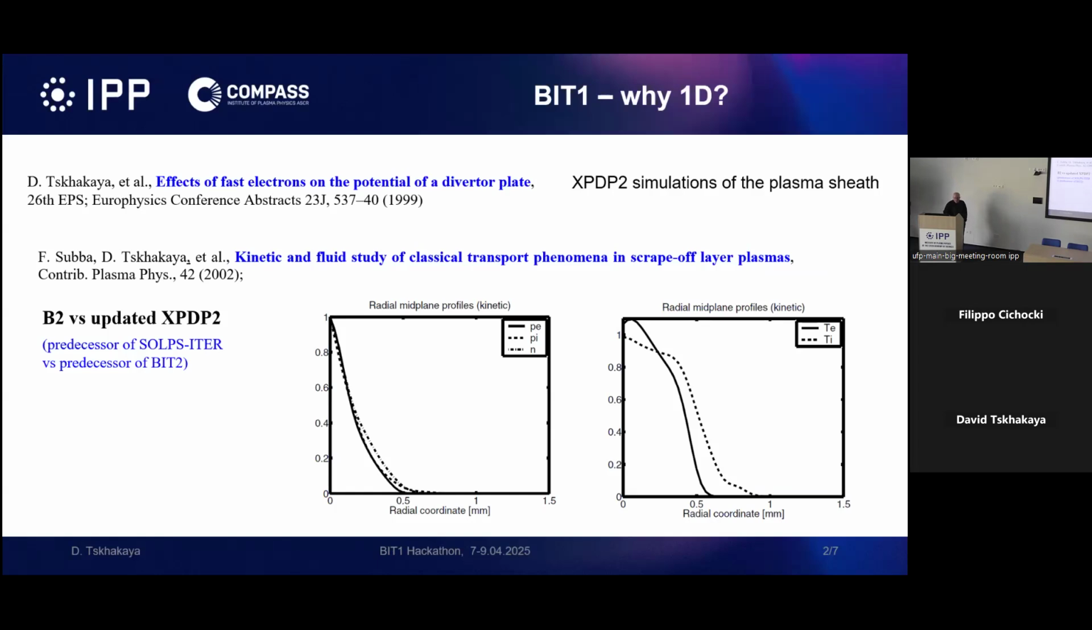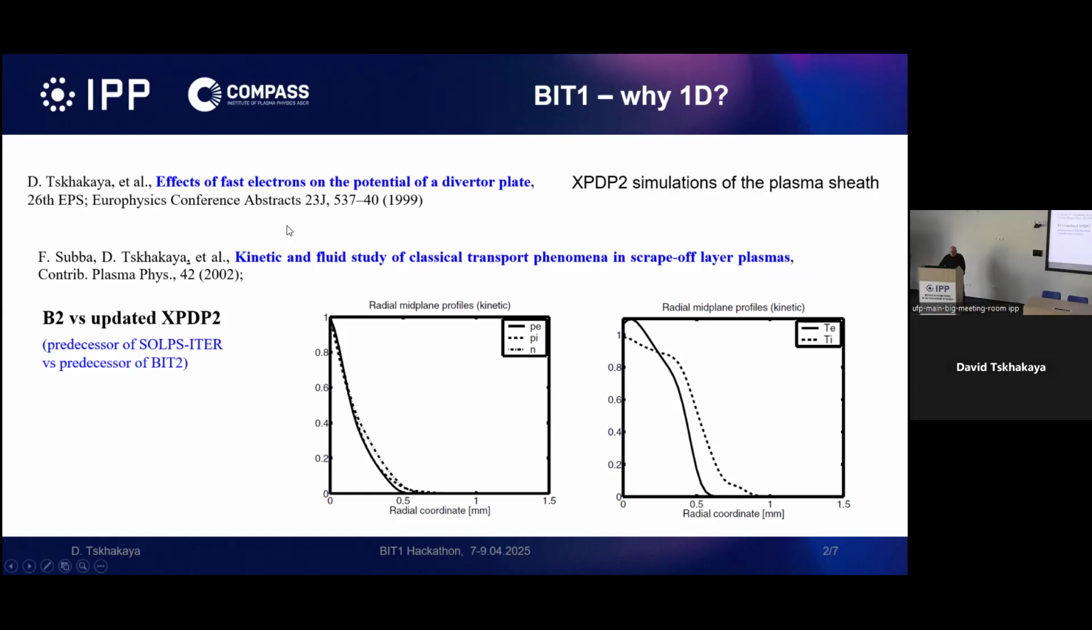I want to say, very often people ask, why do you do 1D, why not 2D? I want to say I started with 2D. My first simulation of sheaths was done in 2D, with the XPDB2 code, in 1999. Actually, test simulations were already done in '98. It was a good result already because we studied fast electron effects on the potential at the divertor plate. And the scrape-off layer simulations we did already in 2002, so we published in 2000, but presented in 2001